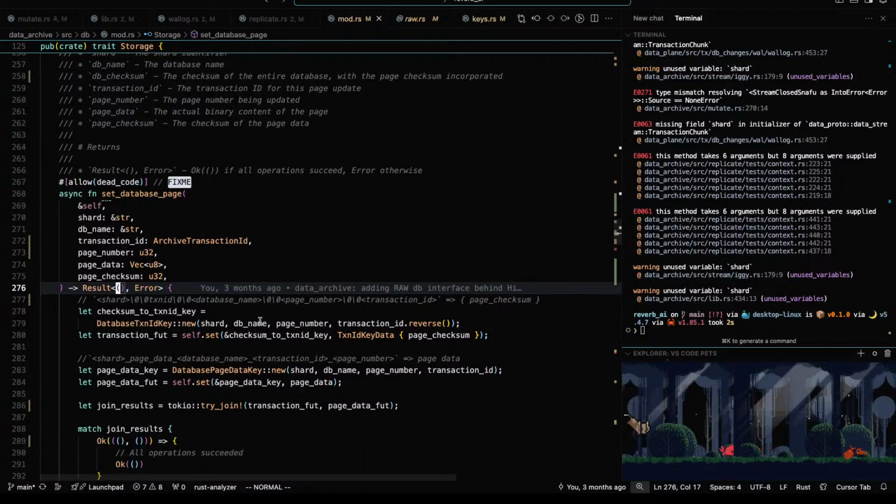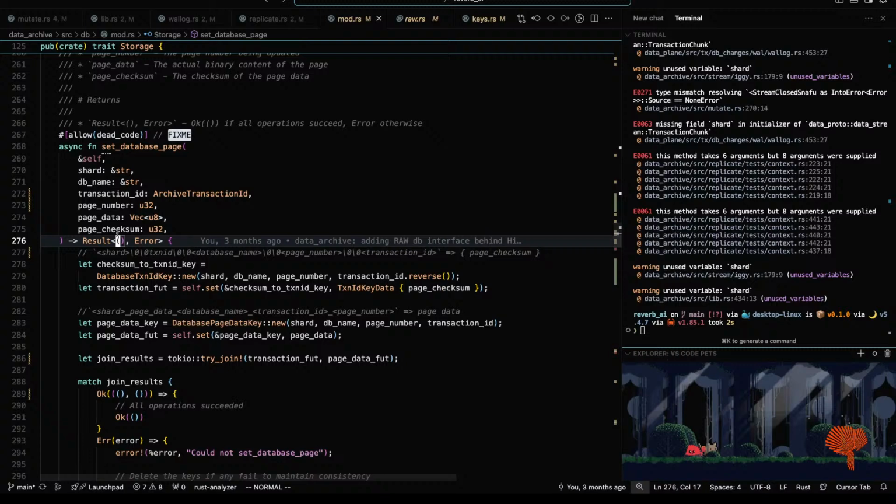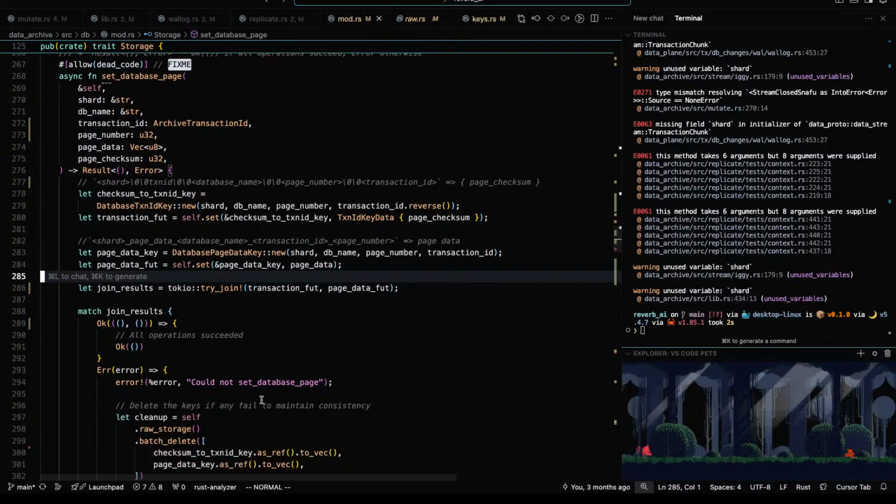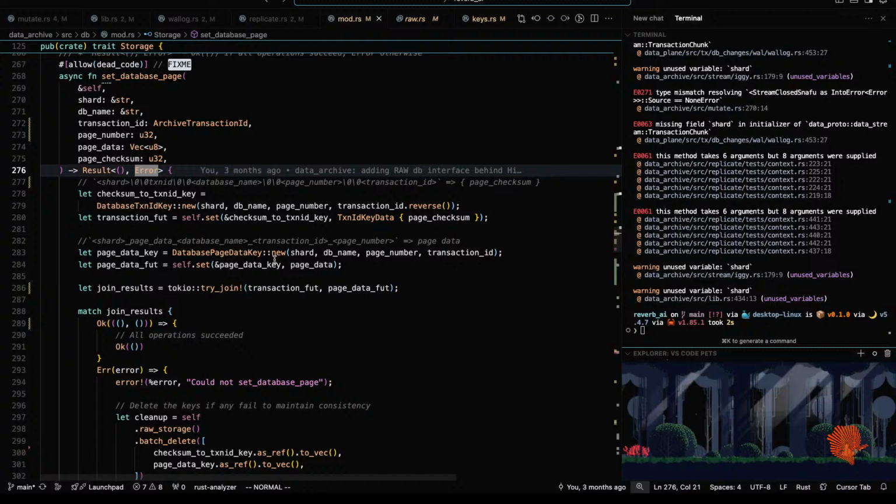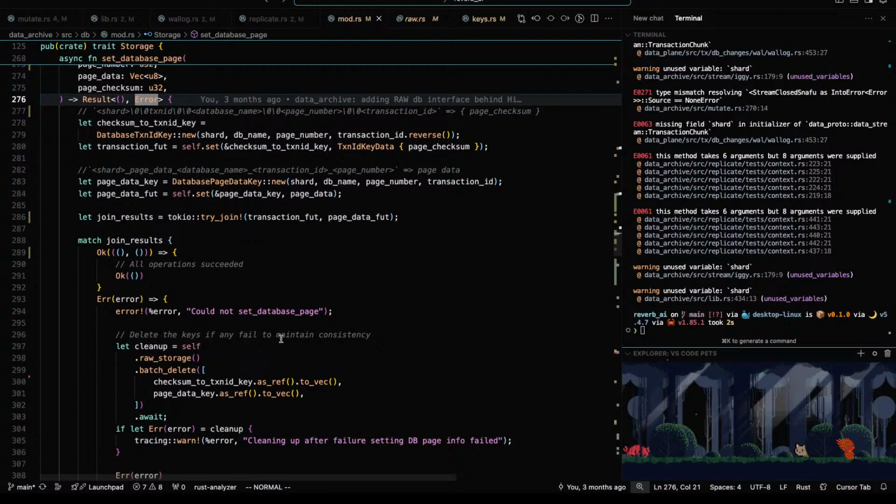Return the set? No. Because if there's an error, we need to know what they were. The error could include the information.